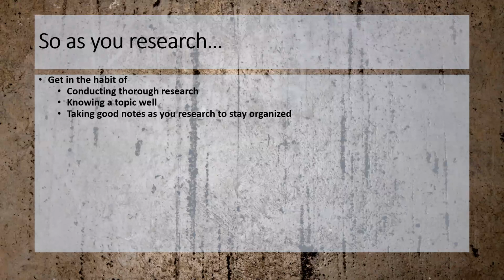Take good notes as you research, annotate your text, print it out and mark it up, underline things, highlight, circle, draw arrows, make notes in the margins about different topics and how they connect to other topics. If you're reading digitally, download the document, save it to your device, not to the cloud, but to your device. And you can digitally highlight it, underline it, circle things, insert comments. But also take notes on the material and start taking notes on what this source does. What is this source's topic? What is this source's thesis? What is this source's purpose? What is the genre, the audience, the purpose, the role?